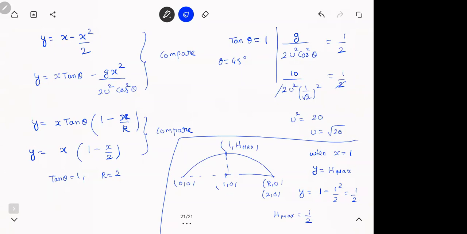I can do it this way also. See, once you have u and theta, you can always use the regular formula, u square sine 2 theta, u square sine square theta by 2g. Nothing wrong. I'm just saying there's another way to do the same thing. Because we know when you throw a particle, the maximum height occurs exactly in the middle, only when it comes to the same level. So if the range is 2, the midpoint will be 1, 0. So it simply tells you when x is 1, the y coordinate should give you the h max. Have a look at this. Ask me if there's any confusion in any particular part.